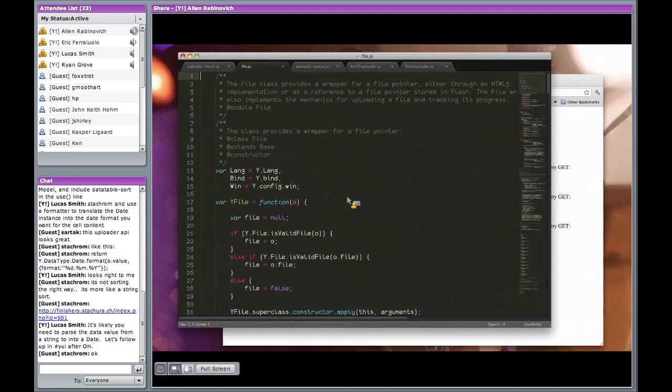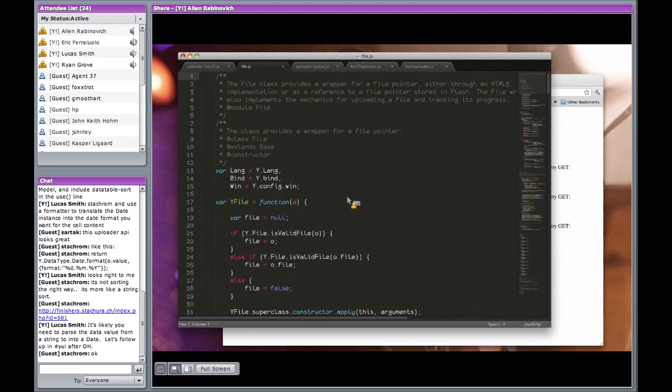That file type is not actually constructible in JavaScript, but you can get references to it from an input file dialog or from a drag and drop of files onto the browser. So this Y.File acts either as a wrapper around that file type,